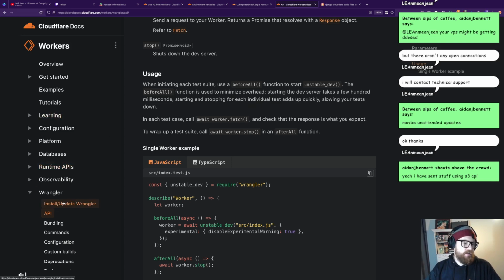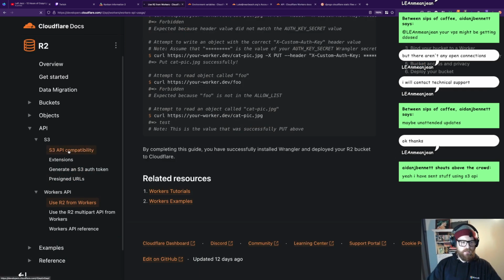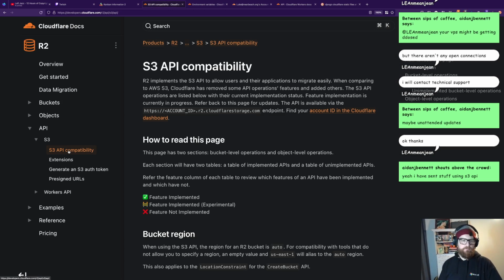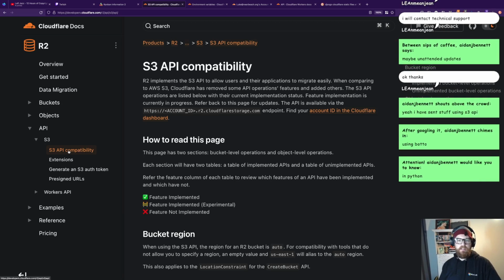using the S3 API. All right, let's tell you what. Let's open up the S3 API. S3 API capability. R2 implements the S3 API to allow users and their applications to migrate easily when comparing to AWS S3. Use Boto? Yes. All right. Cool. Thank Christ, I can use Boto. Okay. Below, the featured implementation is currently in progress. Refer back to the page for updates. The API is available via the... Ooh. All right. Cool. So I can get that endpoint